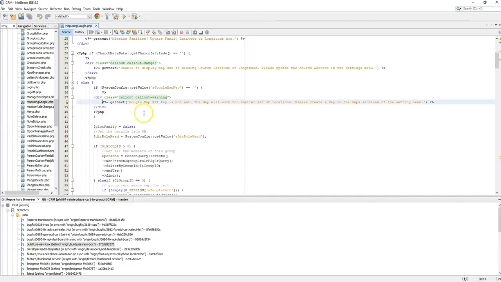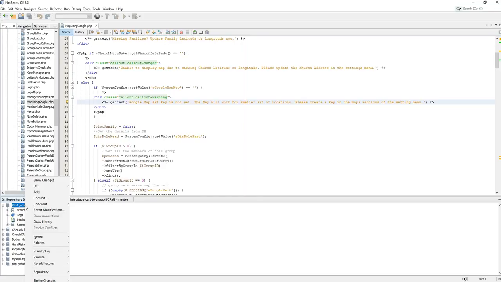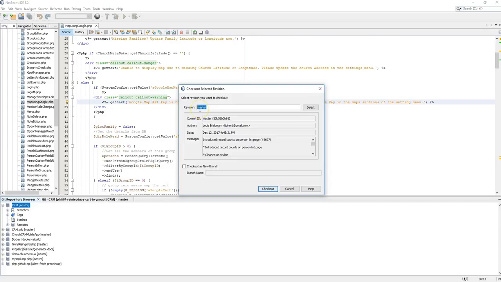Before I begin any work, the very first thing I want to do is create a new branch that corresponds with the changes I am about to make. So there's two ways you can do this. One is directly through the user interface here in NetBeans, and you can do checkout revision. The other option is to create your branch through the Git CLI, but I'm not going to cover that right now. You always want to create a branch off of master. This ensures that the changes you're about to make are made from the latest set of code in that master